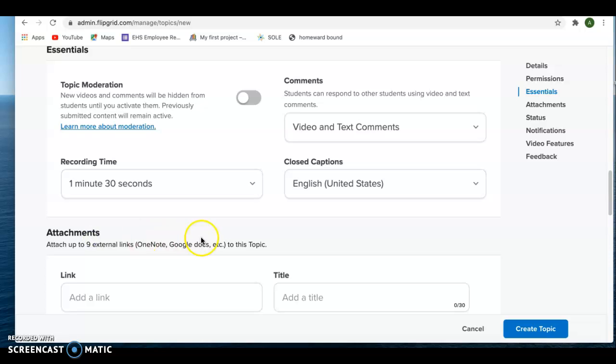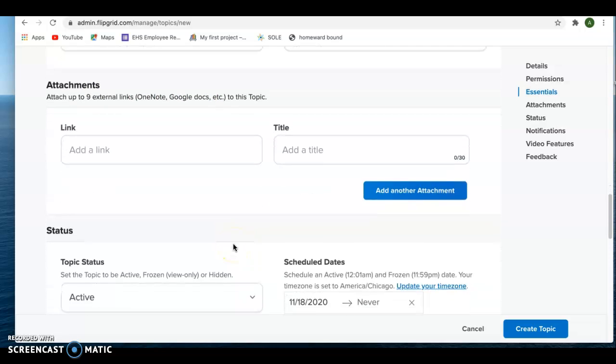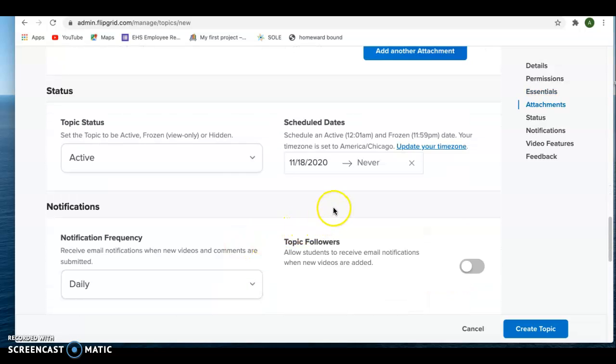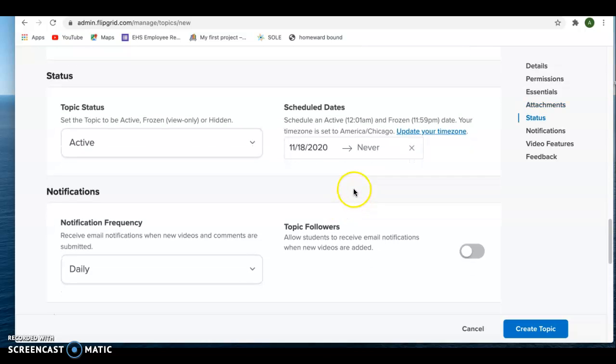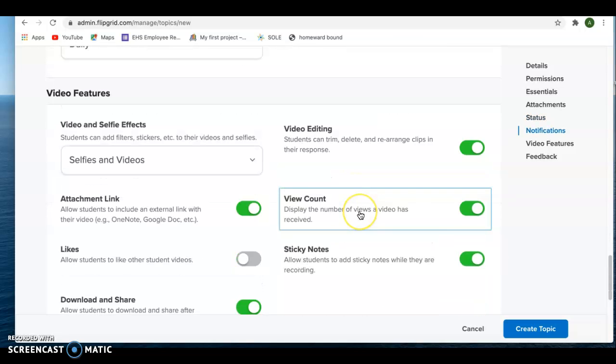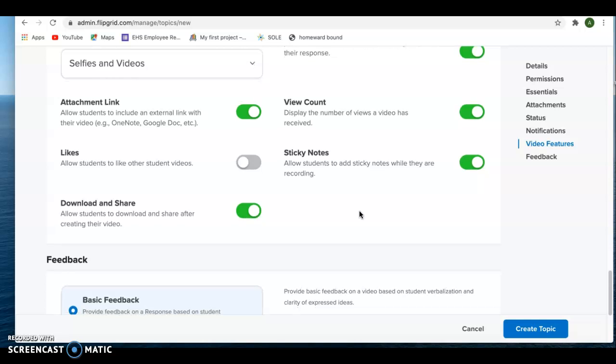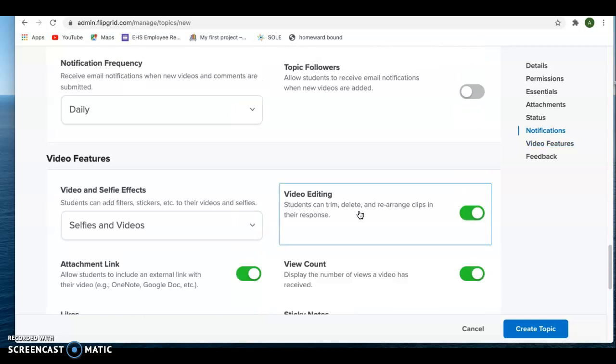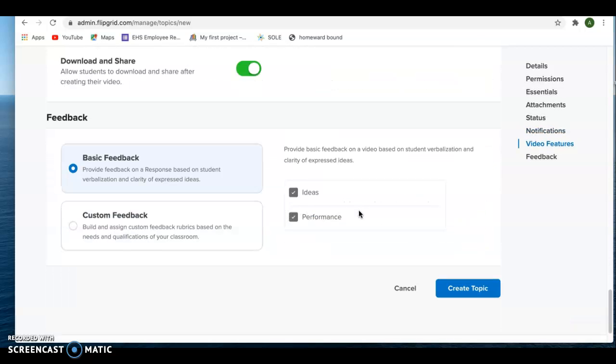There's other options of attachments, the status, how long you want your discussion to go on and to be live, and notifications, the daily feature, and the video features, if you want them to be able to do stickers or filters or other things like that, and basic